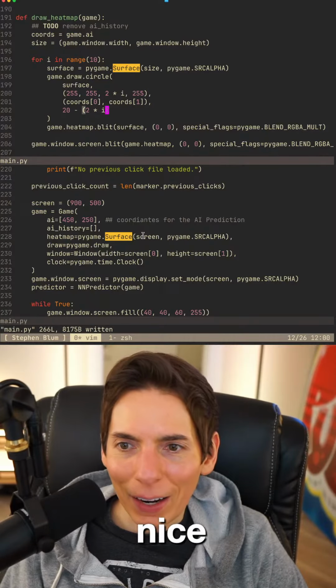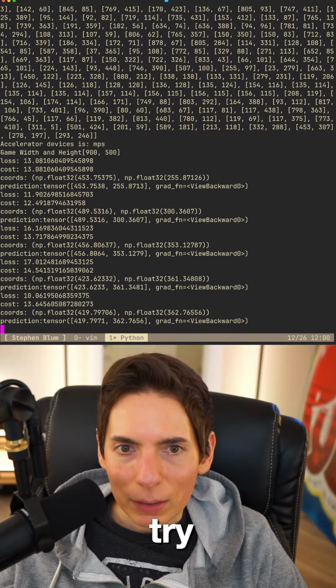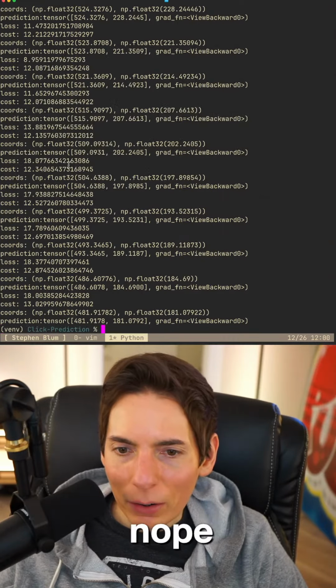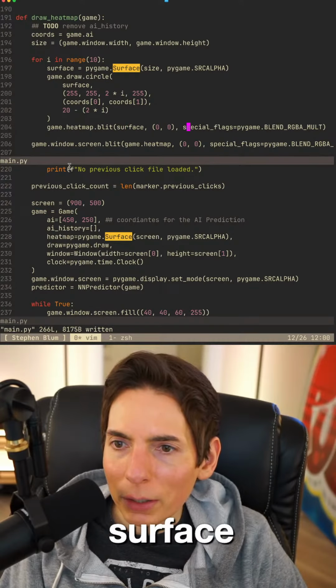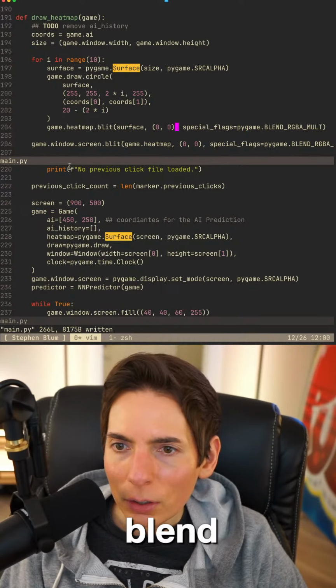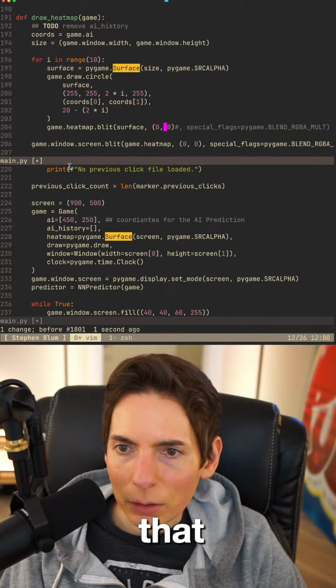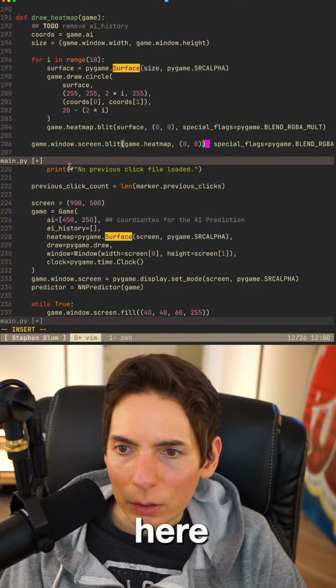Nice. All right, I don't know if that's going to do anything. We're going to try it. All right, nope, not happening. Let's go back over here. Okay, so surface, blit, special flags, blend. What if we hide this? What if we keep that, but then we hide it here?